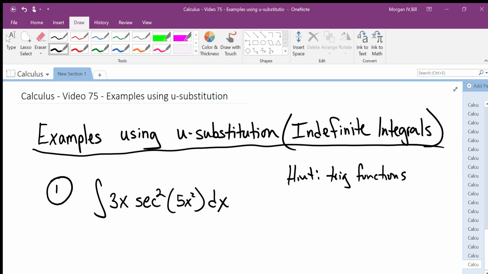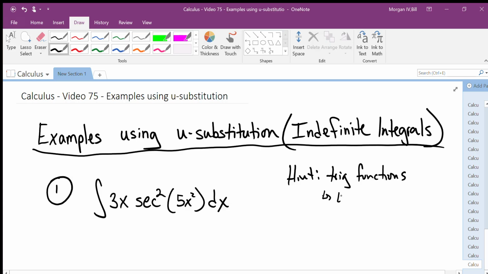Because what I want to be able to do is do the antiderivative of my trig function secant squared, and I don't want to have to worry about doing the antiderivative of secant squared of 5x squared. I just want secant squared of u without any other things in there. So for trig functions,